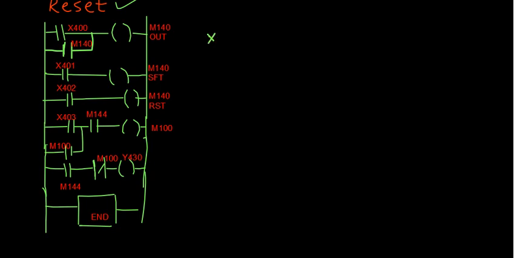So now, every time a faulty item is identified, as we have already seen earlier in this conveyor, you would get an input to your X400. This is the first point to be noted. Every time the faulty item is identified, you get an input for X400. Now when you have X400 activated, you would get one here, because that will activate the internal relay